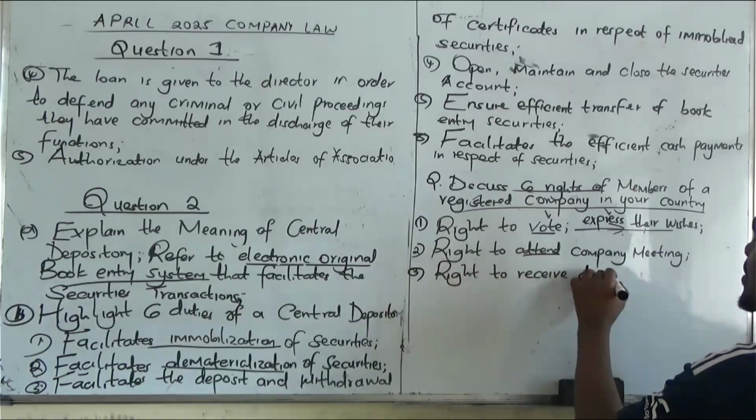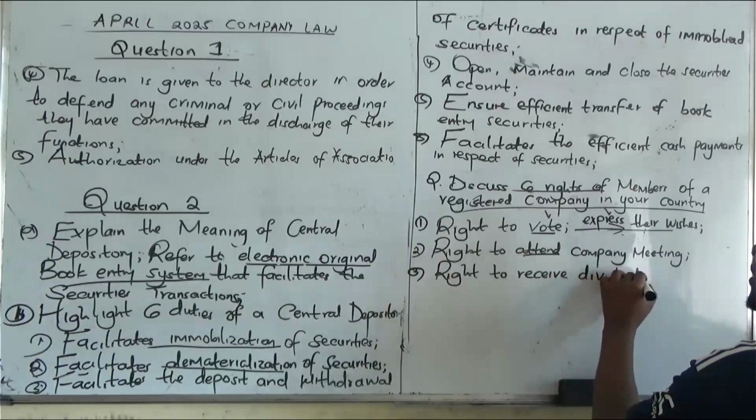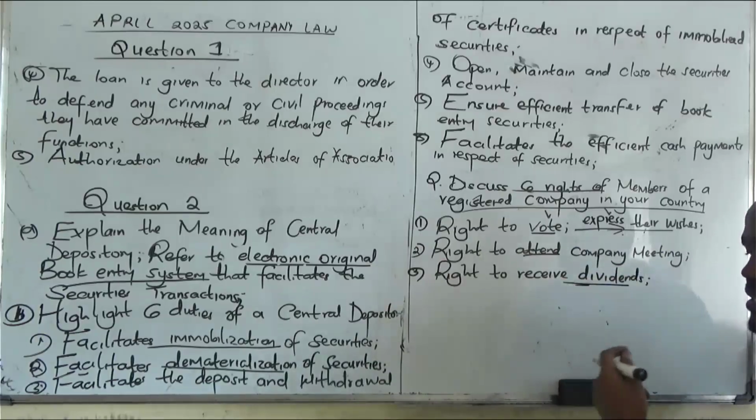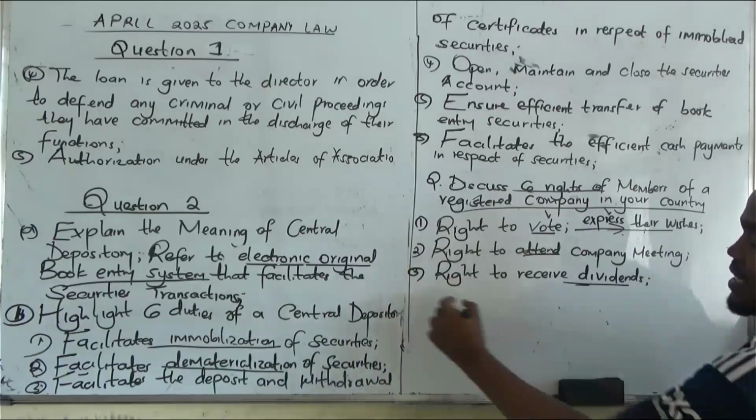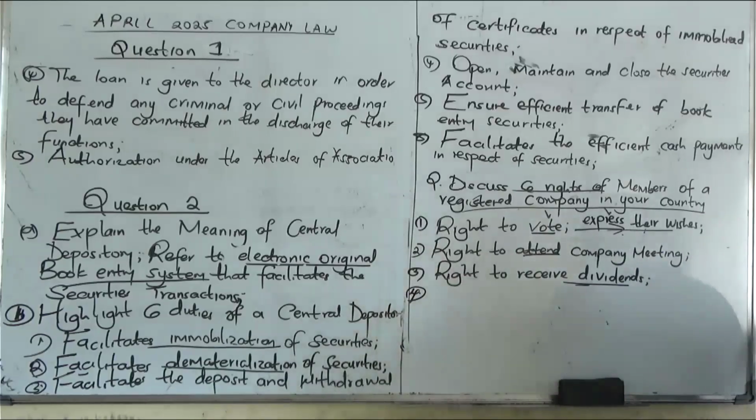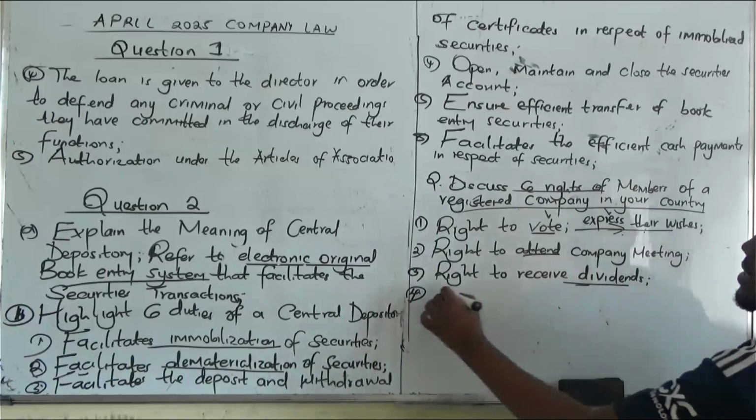What is the meaning of dividends? The profit shared among the members. So they have the right to receive profits. Okay, the profit shared in a company, or the right to receive profits of the company every year. Another one, they have another one. The other right is they have the right